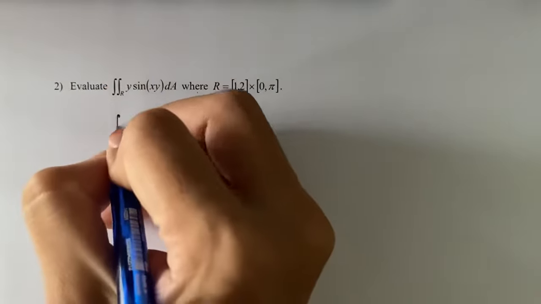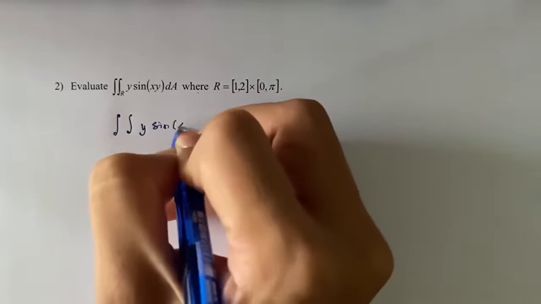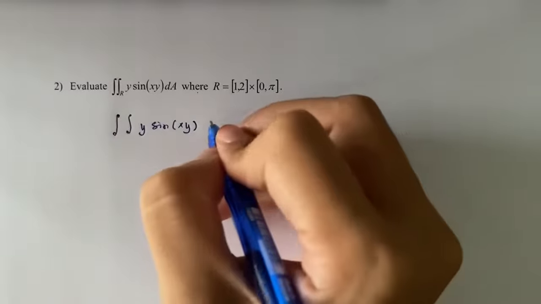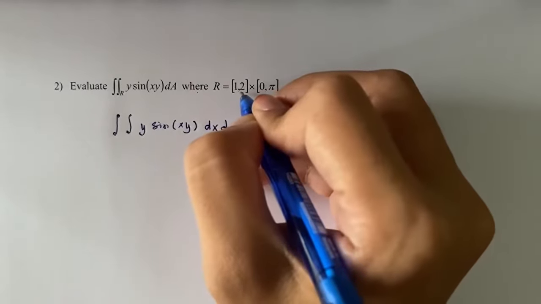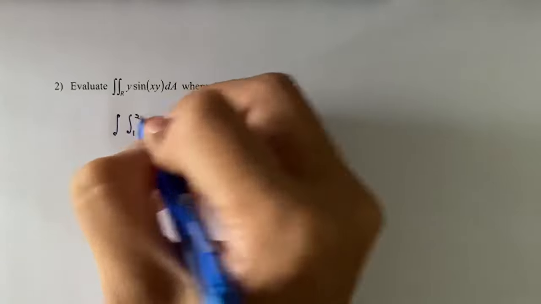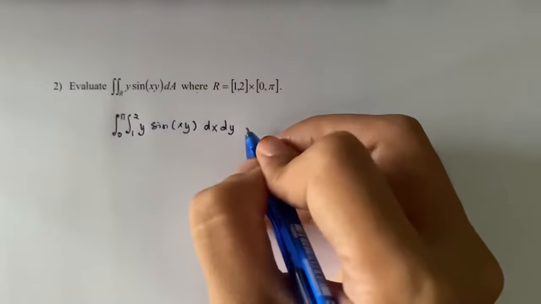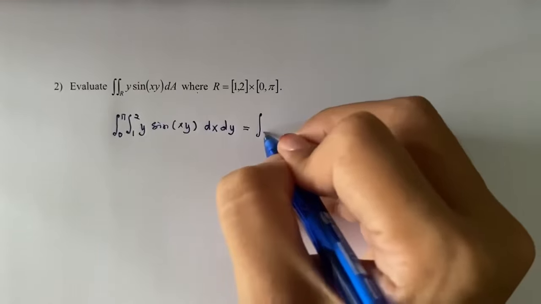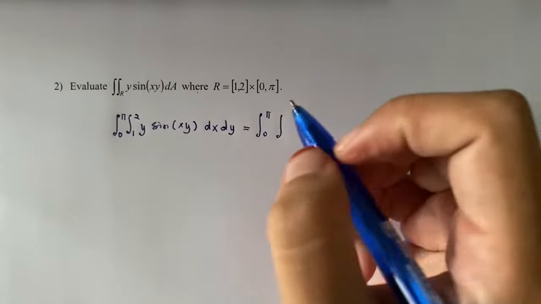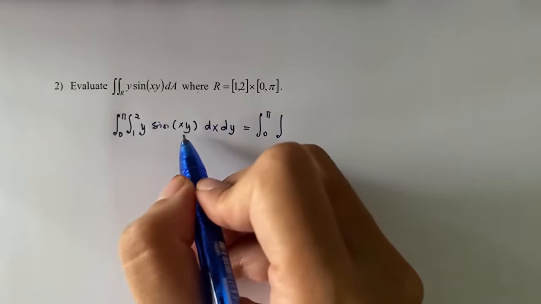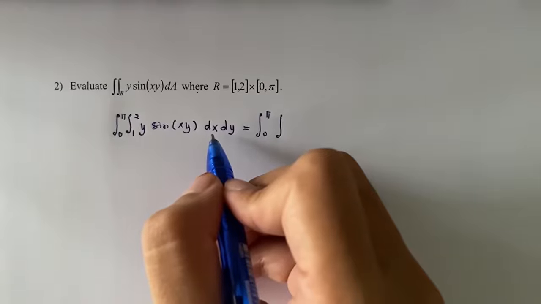This is written as the double integral of y sin xy dx dy, where the limit for x is 1 to 2 and the limit for y is 0 to pi. To solve for y sin xy with respect to x,